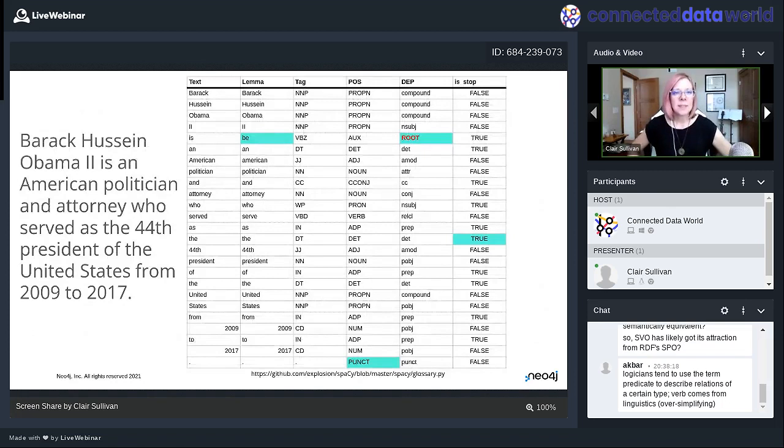Okay, so here's that same sentence, and I've broken it up as a table going word by word. The first column is the raw text, so I haven't done anything with that. The second column is the lemma. The lemma is the absolute root of the word. So for example, you'll see one lemma in the cyan, which is be. Be is the lemma of is. If you look down maybe 7 rows below, I see the word served, past tense. So past tense becomes the lemma serve.